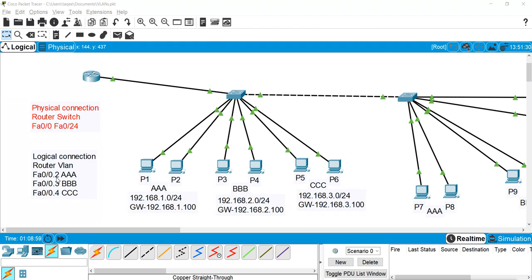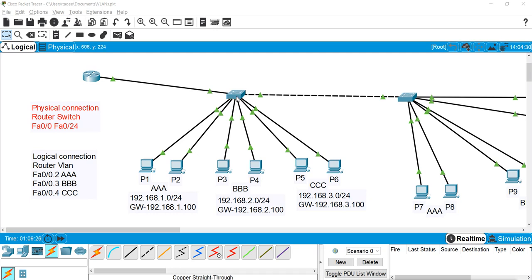And also I will tag them. That means I will configure the interface for tagging, the router tagging data with the VLAN ID which belongs to that particular VLAN. So VLAN A belongs to VLAN ID 2, VLAN B is VLAN ID 3, VLAN C is VLAN ID 4. So the first configuration is to configure switch port number 24 as a trunk.